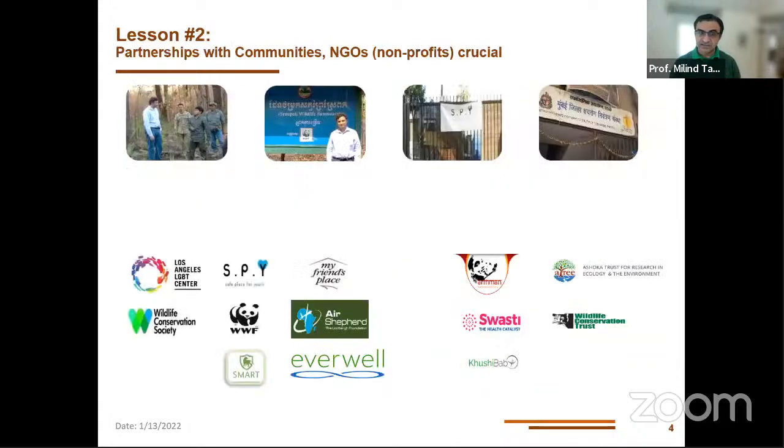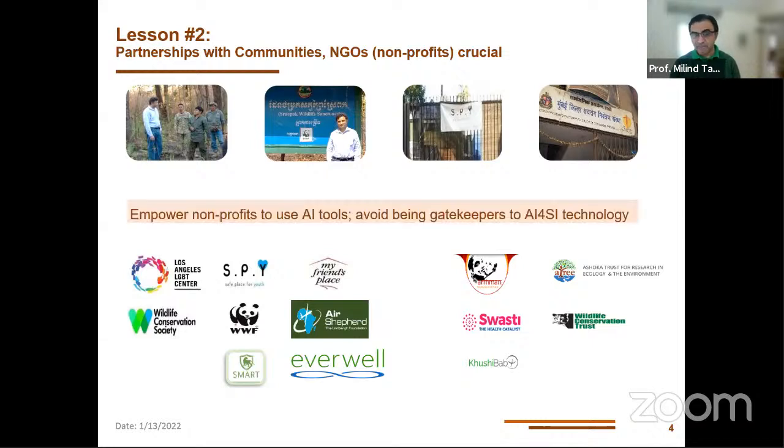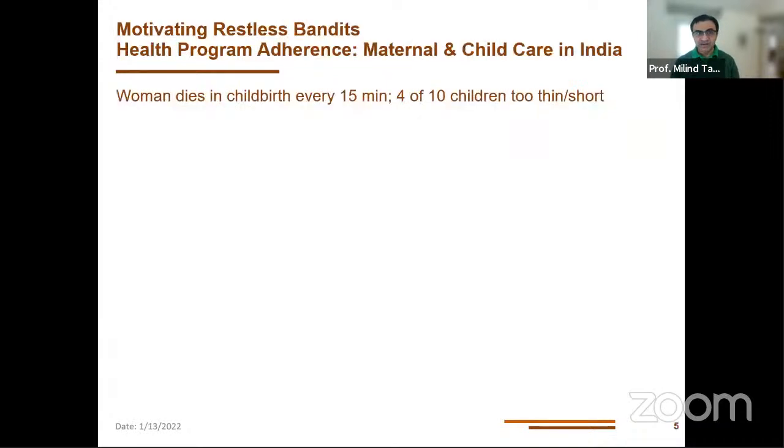A second lesson here is all of this work requires partnerships with communities and nonprofits. Some of the nonprofits we have collaborated with have their logos shown here. Our ultimate goal is to empower these nonprofits to use AI tools and avoid being gatekeepers to AI technology for social impact. So with that, let me jump into the topic at hand today, which is maternal and child care